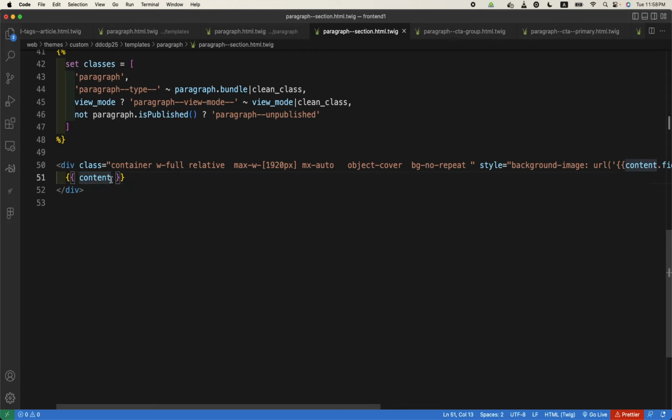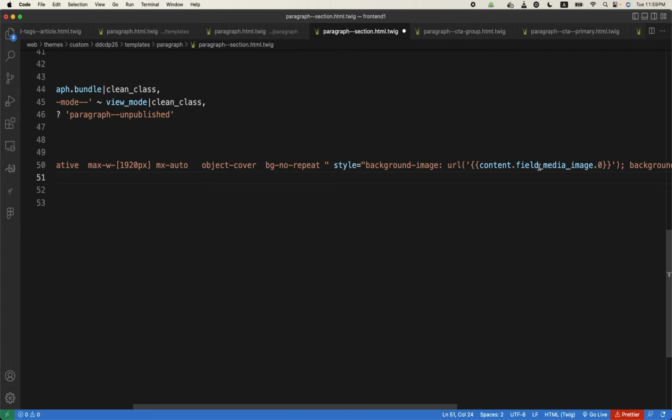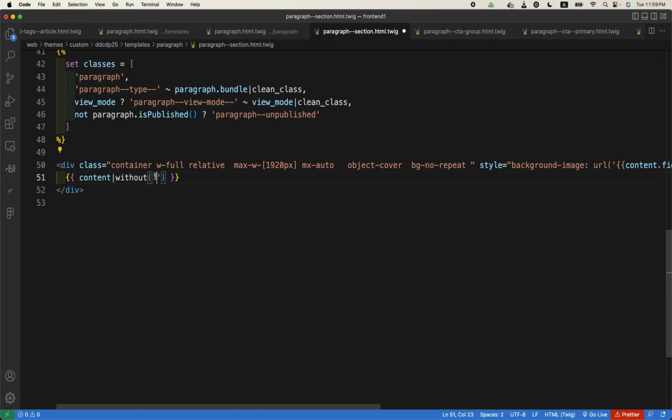But I had told you we can use this pipe, then without, and the name of the variable, because once you have output the part of the content before it, then you need to do something like this. So for example, we have output the image, so now we want to let it know that we don't want to